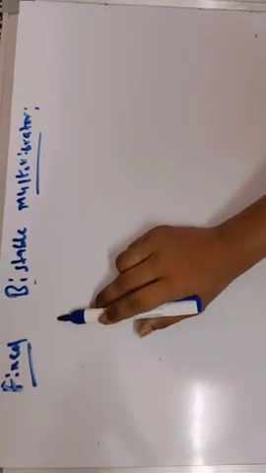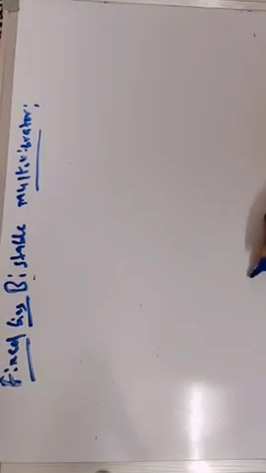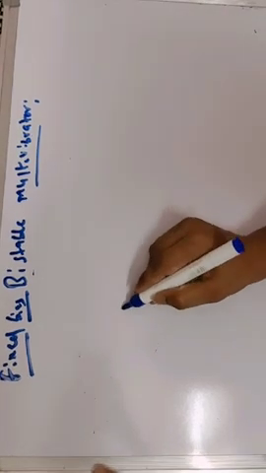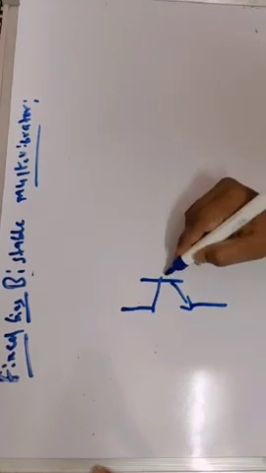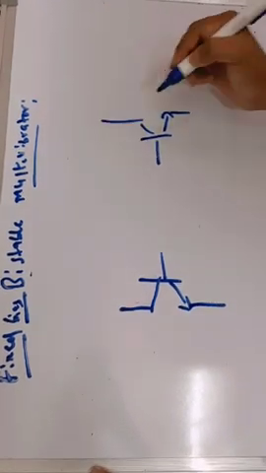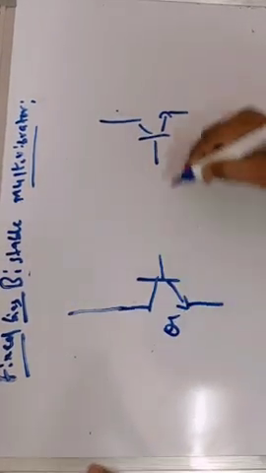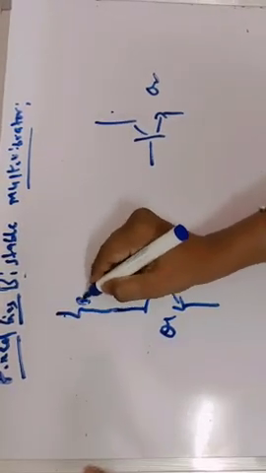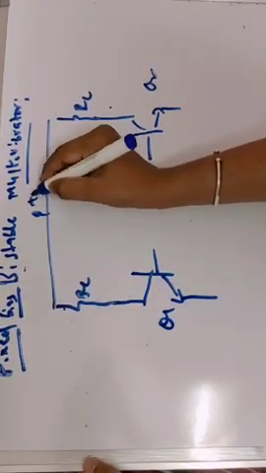The fixed bias bistable multivibrator will be designed with the help of two NPN transistors. They are cross coupled. So let us consider two NPN transistors here with identical characteristics, and we will take the outputs across the collector terminals of the two transistors, Q1 and Q2, and let us take two collector resistors RC with a DC supply plus VCC here.